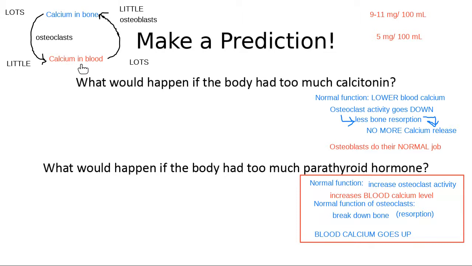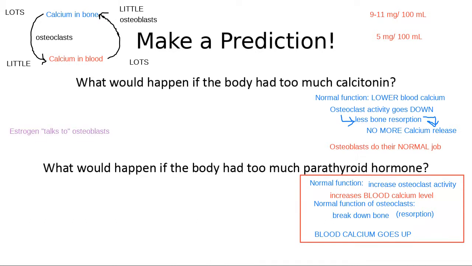Does anyone happen to remember from the guided lesson? We did mention a hormone that does talk to osteoblasts. Does anyone happen to know? So in our circle of life, when we're talking about these hormones, no impact on osteoblasts. Who does talk to osteoblasts is estrogen. Estrogen talks, or I'll put in parentheses here, talks to osteoblasts.